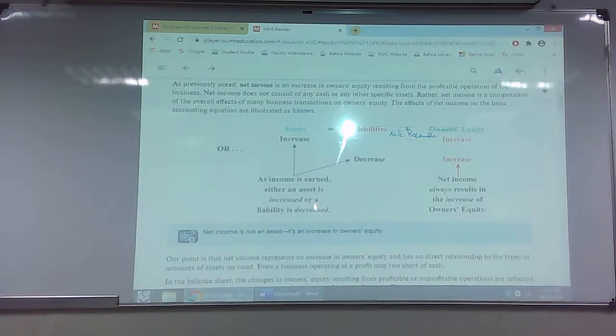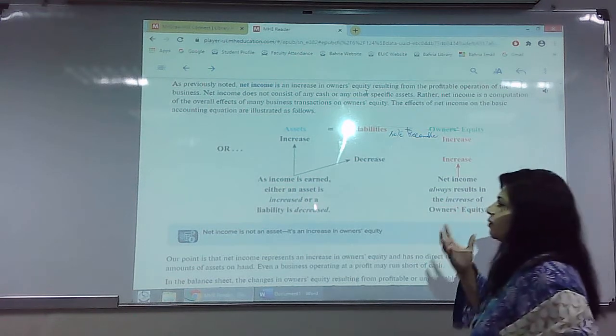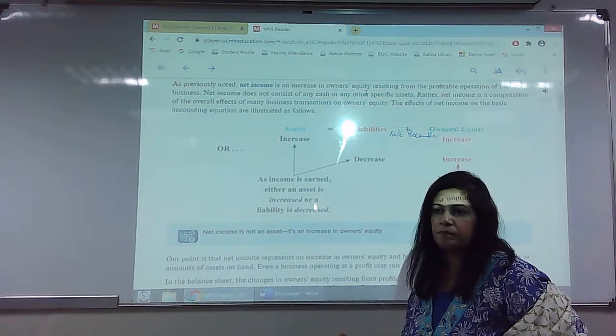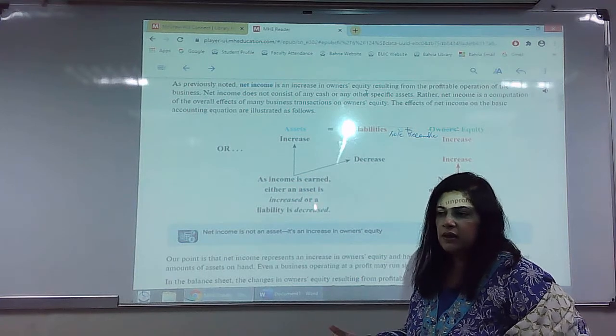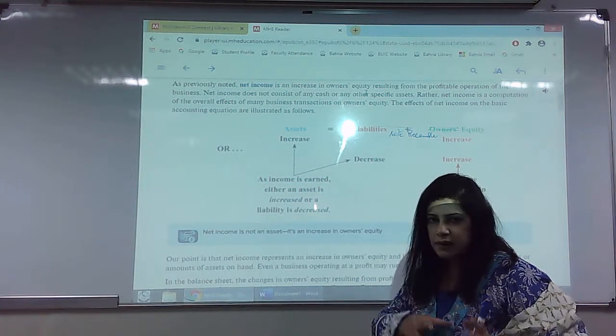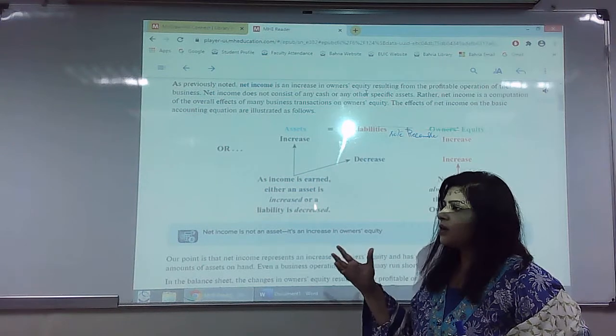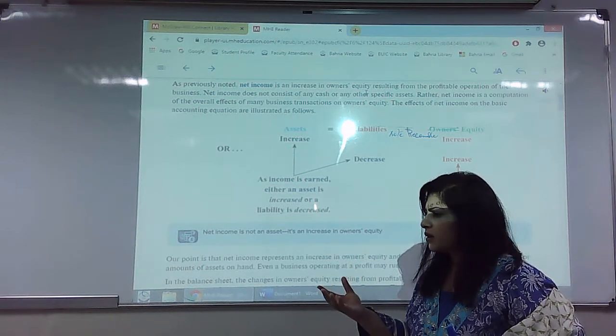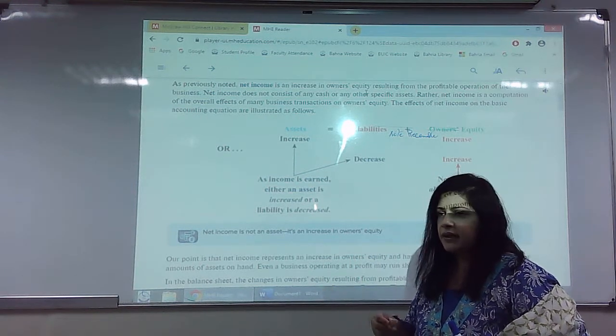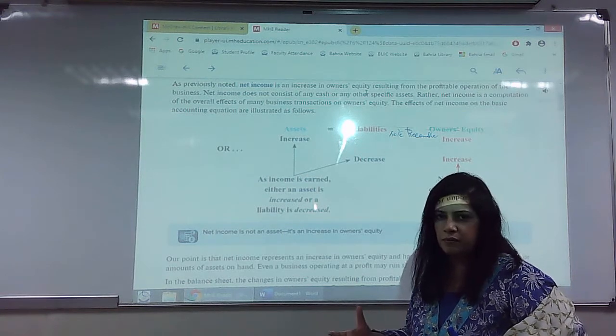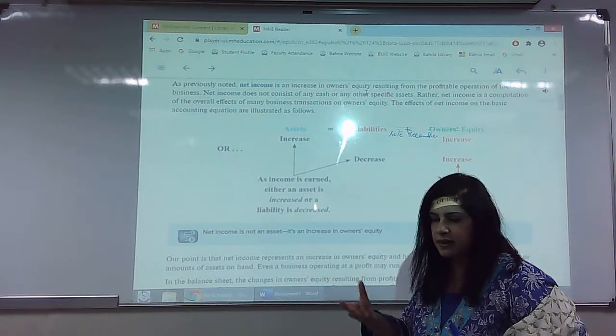I want you to read what is net income. There's a statement here that says that net income is an increase in owner's equity. Okay, so why do we say that net income increases owner's equity? Because net income is like profit that a shopkeeper could earn after spending on the items that he bought. You go to a store, let's suppose McDonald's, and they sell burgers, right? So they have inventory. Burger is their inventory that they're selling, the items that they sell.